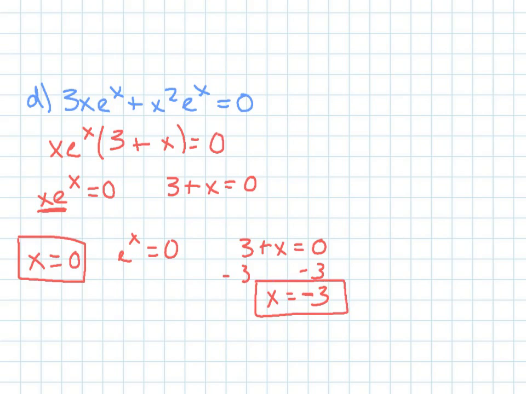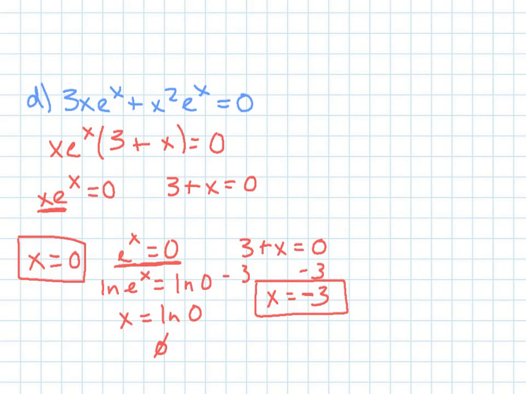Now here, I want to be able to solve for the x in e to the x. So if I did my ln of e to the x equals ln of 0, then the ln of e would cancel out, leaves you with x equals ln of 0. Now here, if you think about this, ln of 0, if you also try to plug in the ln of 0 in for x, that's not possible, okay? So this is also not a solution, because if you think about back here to this answer,